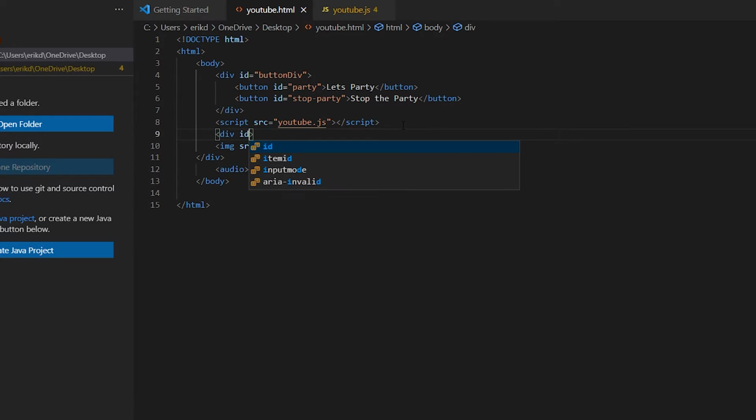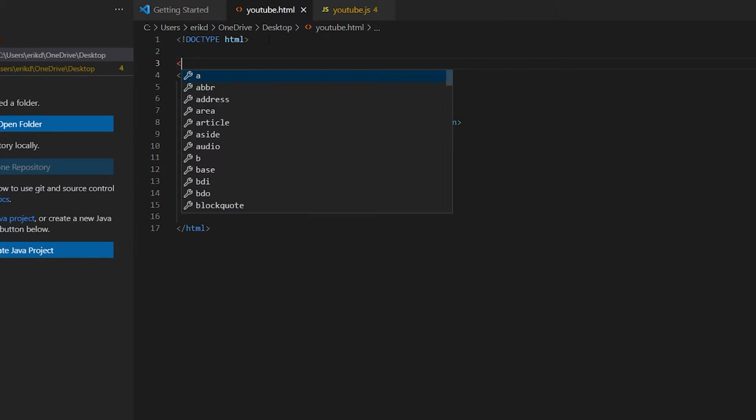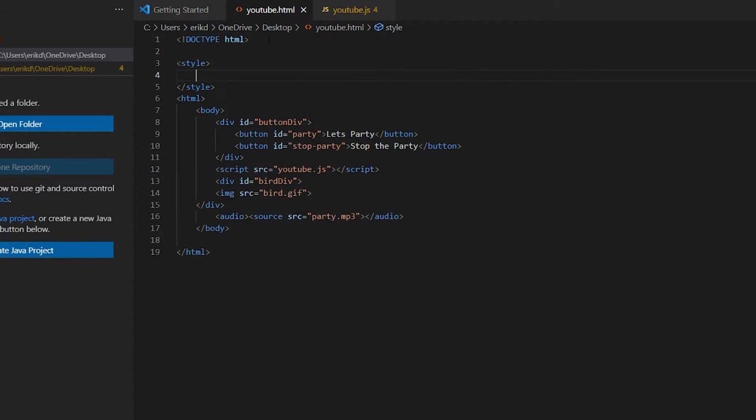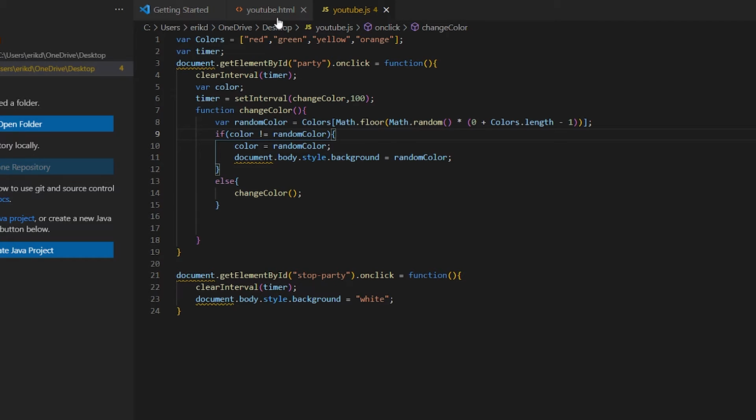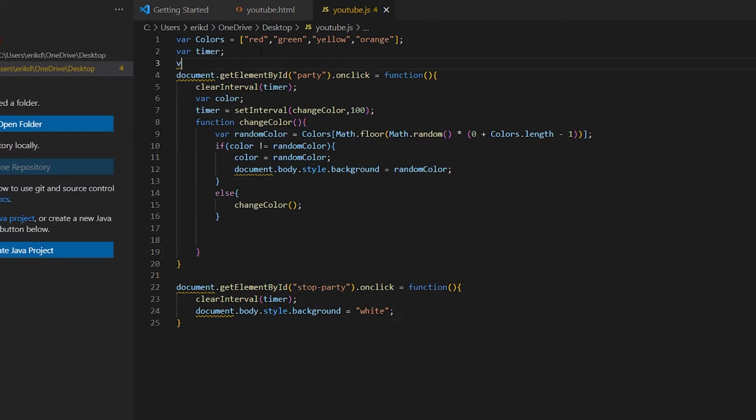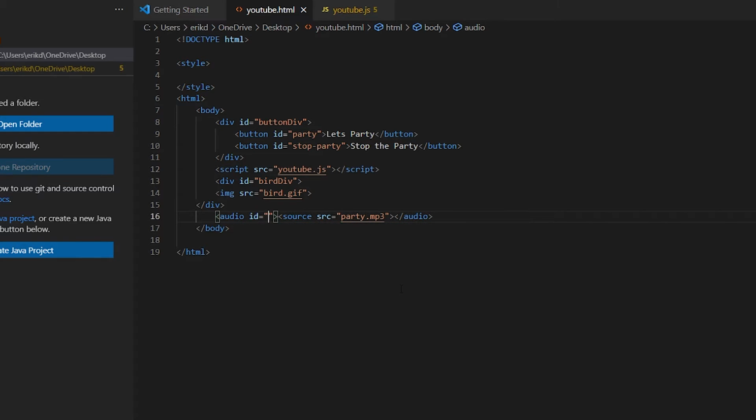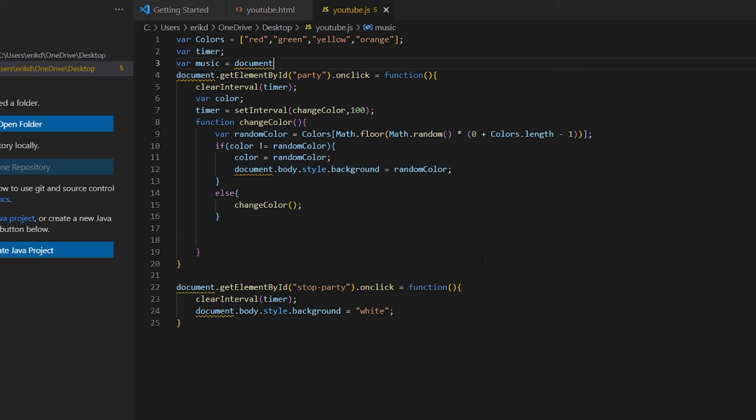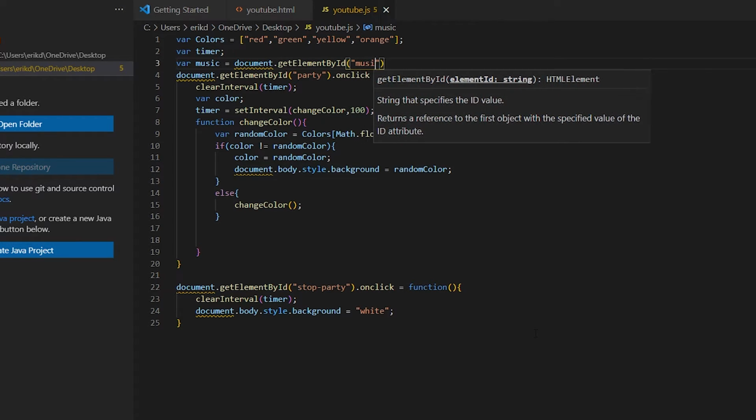I'll give the div an ID of bird div, and up on top we'll make our style place. So first of all, let's not do the styling right now. Let's go ahead and fix the music and all that stuff. So over here I'm gonna make a variable music, and I'm gonna get the ID from the music. Music, give an ID dot get element by ID music dot